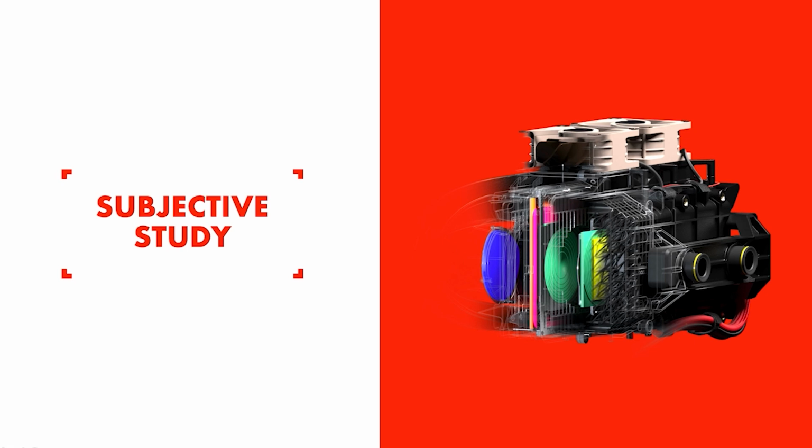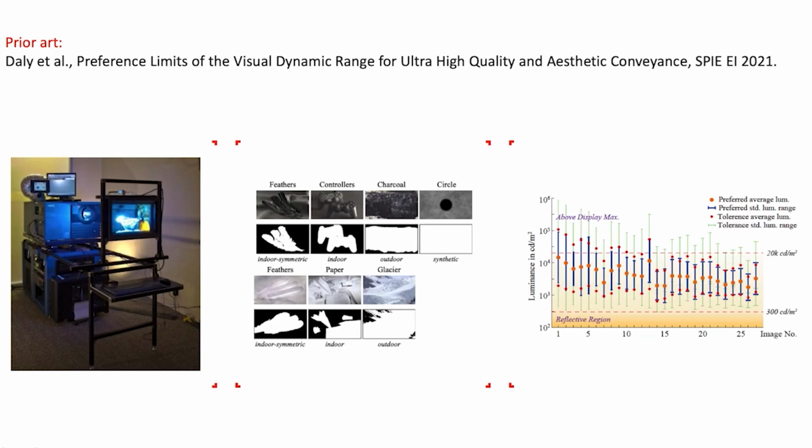And so this leads us to our subjective study that we performed using our headset and using this SINS dataset. Before I start talking about our subjective study, I want to bring up one quick point of comparison for some prior art, which is this work from Dolby Laboratories by Dali et al. On the preference limits of the visual dynamic range. And what they did is they took this custom ultra-bright dual modulation display shown on the left, and they used kind of artistic Hollywood-style scenes shown in the center in order to run a study that was performed for both